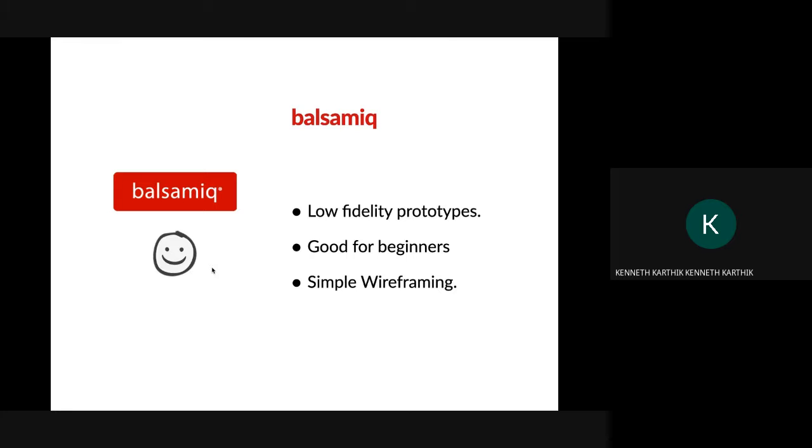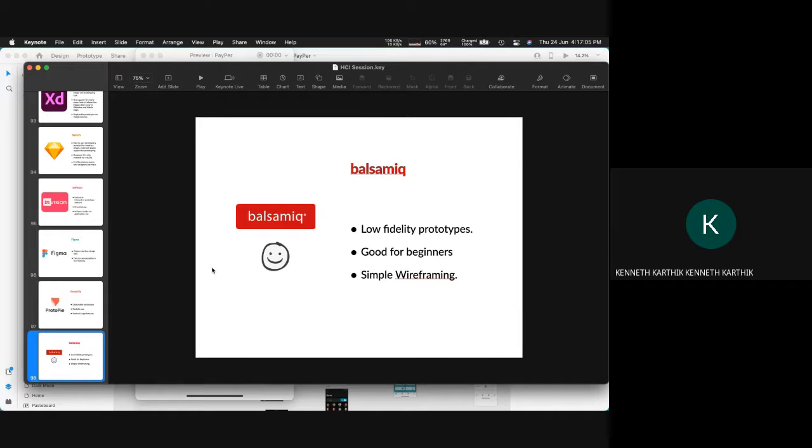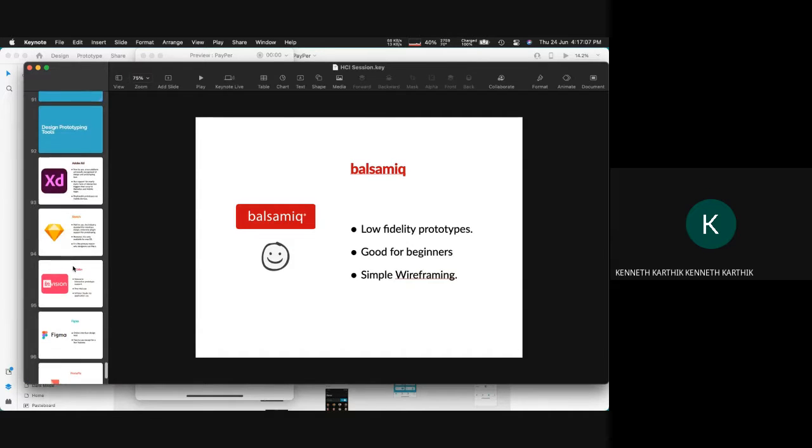So low fidelity prototypes are very useful, and what you saw on XD would be a high fidelity prototype because it's closer to the final product. But a low fidelity prototype is the first step. You need to go to a drawing board, and then you can draw with your sketch or whatever. You can just sketch around and have an idea of what you want the product to be, and that should be an iterative effort. So this is a good starting point for that. So yeah, those are some good prototyping tools to start with.